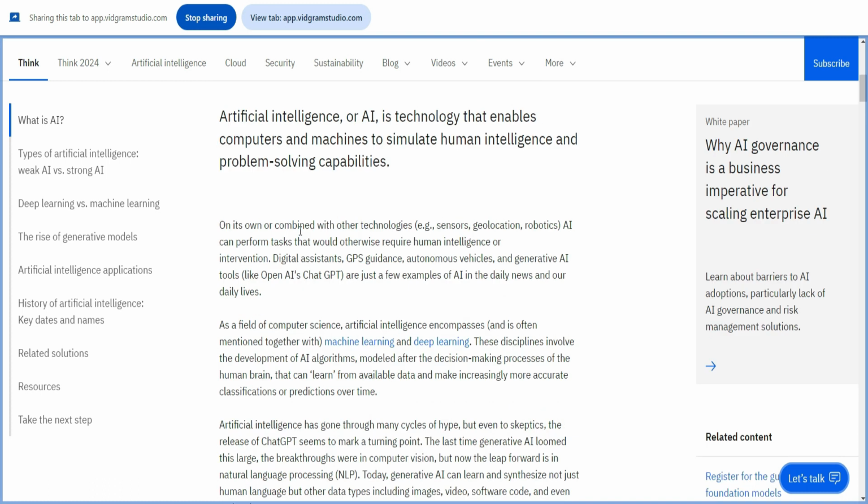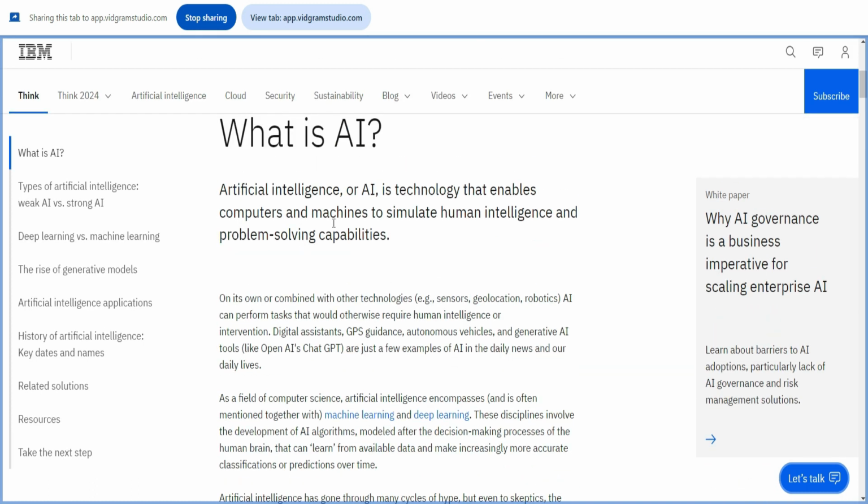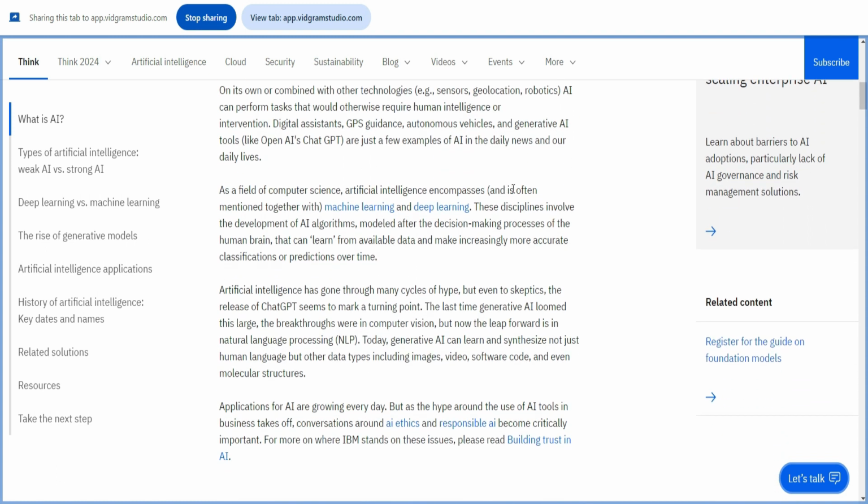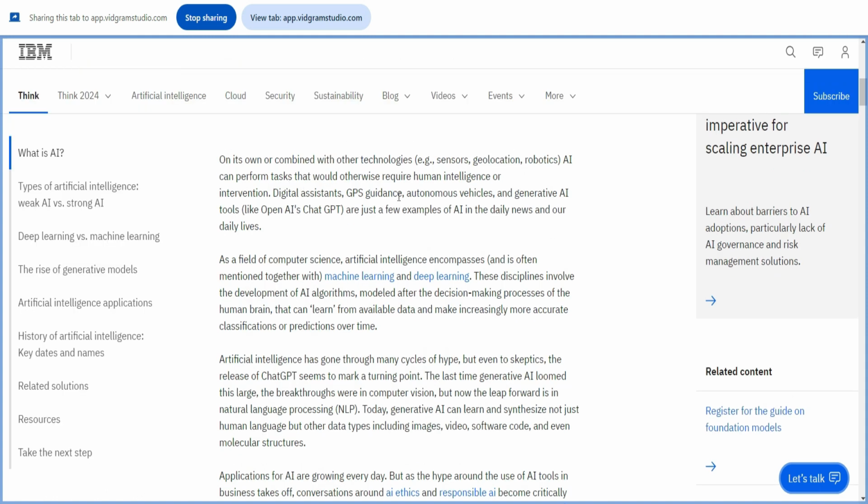Artificial intelligence, or AI, is a technology that enables computers and machines to simulate human intelligence and problem-solving capabilities. On its own or combined with other technologies, e.g., sensors, geolocation, robotics, AI can perform tasks that would otherwise require